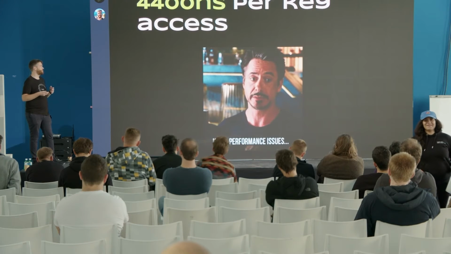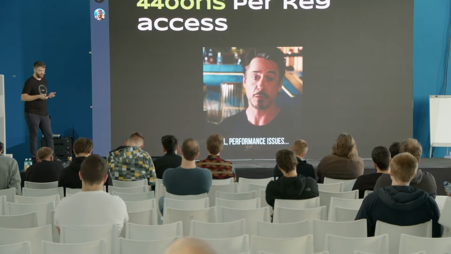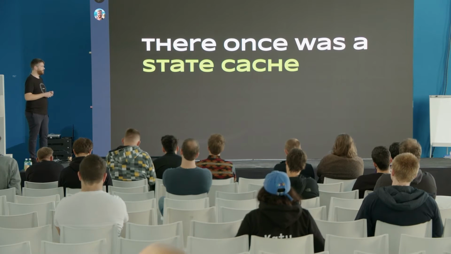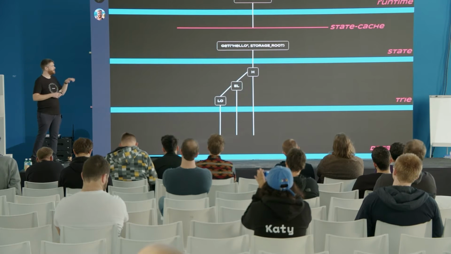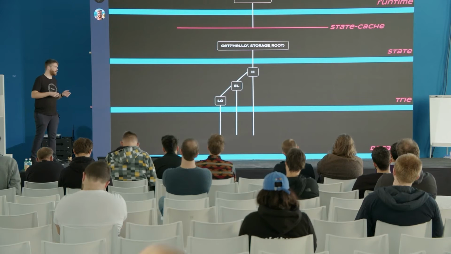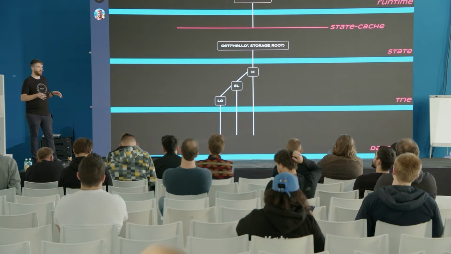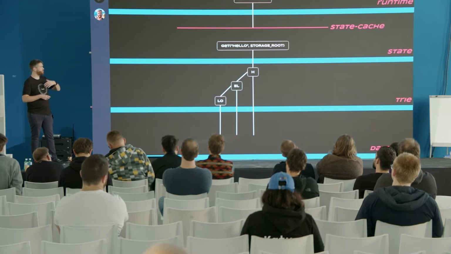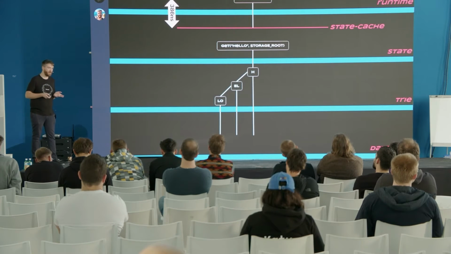The point here is, why do I know that it's not good? I can tell you there was already a cache, and it was called the state cache. So this state cache, let's get to our overview here again. The state cache was sitting directly below our runtime. So every time you want to get some data from the state, the first thing you were hitting was this cache. So when your data was already in this cache, it could be directly pushed back to the runtime. And if you benchmark it, it takes 386